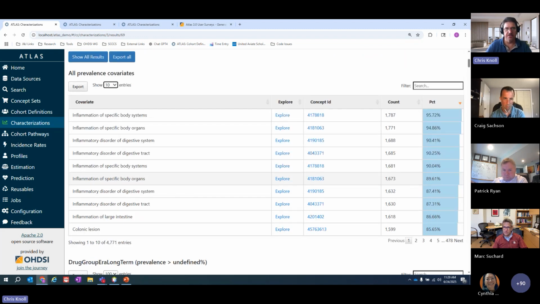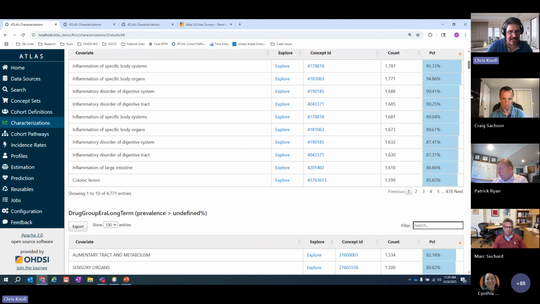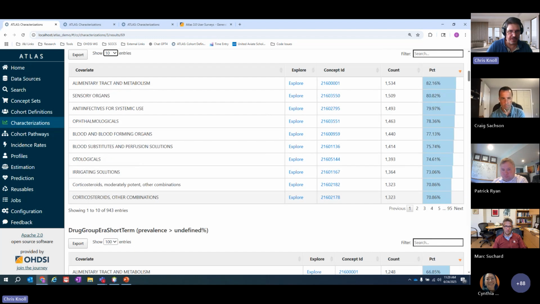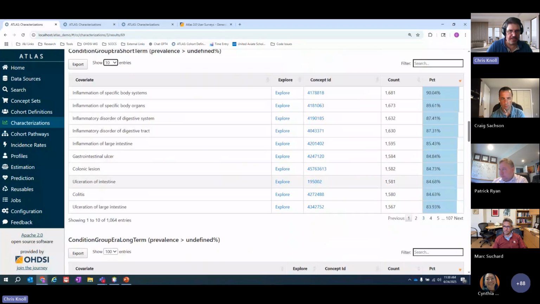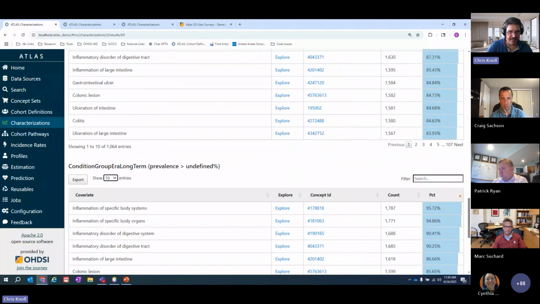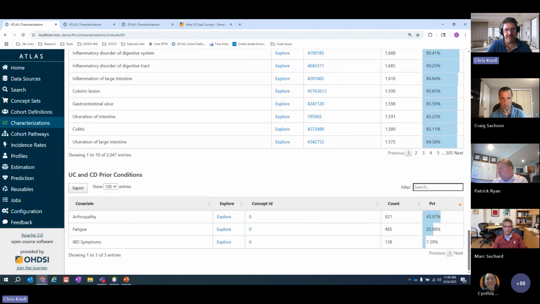So I'm just going to breeze through here. We can see that inflammation is something that's very prevalent, or at least very frequent, has a high proportion in your population. The next tables are basically for each analysis. So we did the drug era, long and short term. We did condition era, short and long term. And finally, at the bottom, we have my custom analysis, or custom features, that I put in here